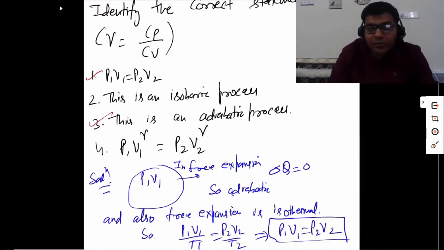So option 1 is also correct. Option 2 is not correct. It's not isobaric because you see the pressure is changing. And the fourth option will also not be correct in a sense, because although it's an adiabatic process, it's